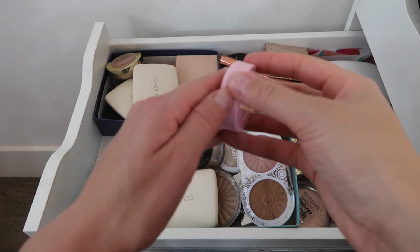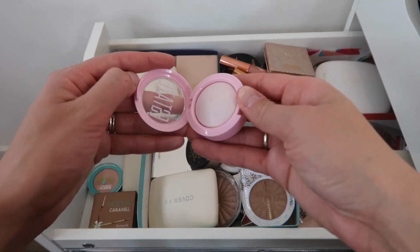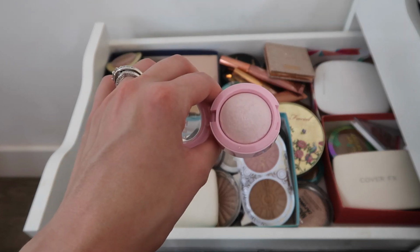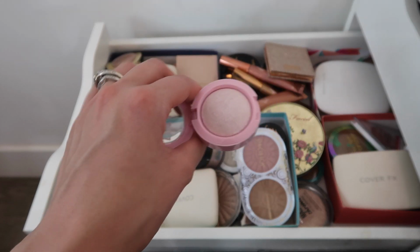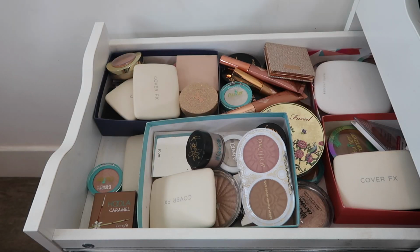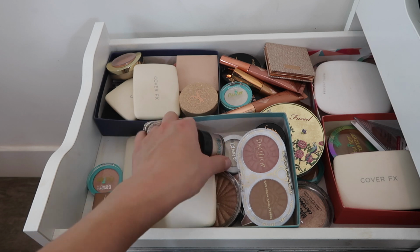Next up, we have this highlighter from the brand Estate. This is in the shade Do Me, and I'm never ever gonna wear this. This is not my favorite kind of shade for my complexion. I'm just not excited about this. I definitely have some other icy highlights that I prefer, but there's actually another one that I don't really care